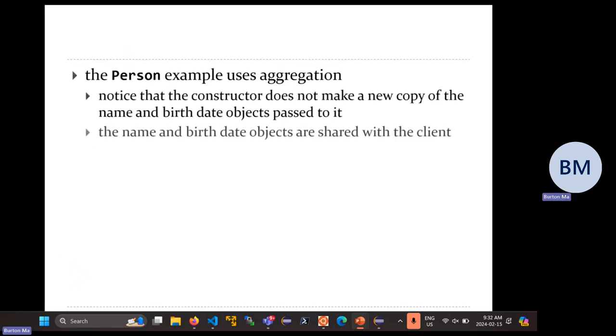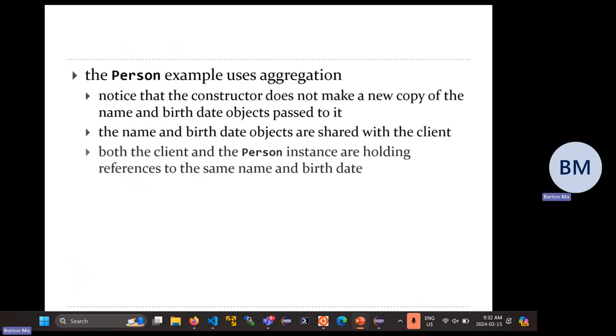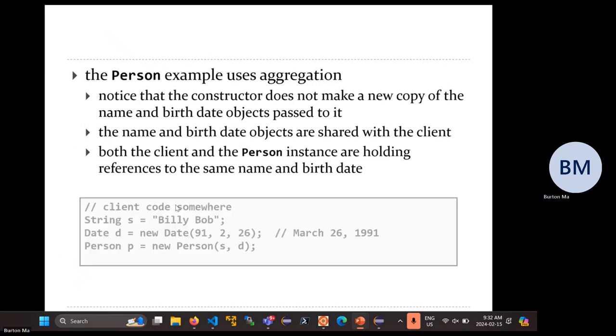So no new objects are being made. Essentially, what that means is that neither the user that created the person object in the first place, nor the person object itself,